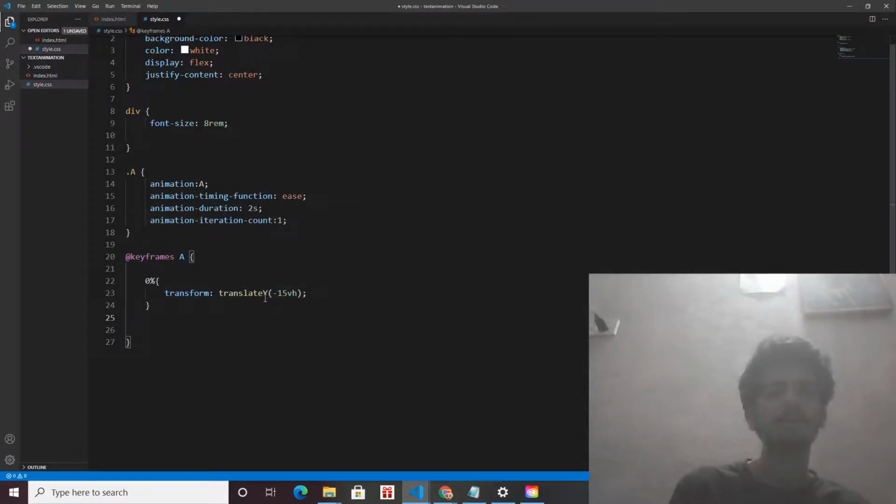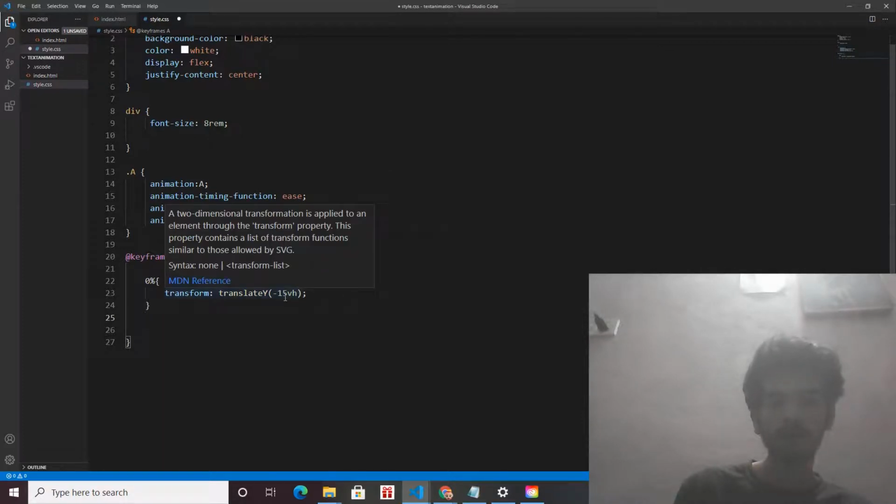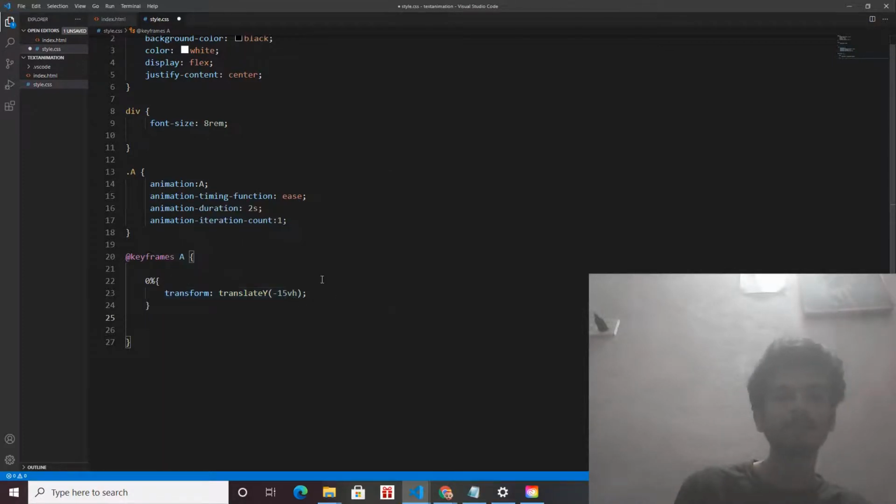What does translate mean? Translate by means the word goes beyond 15 view height. View height is a relative unit of the window screen size. So 15 view height means this. This is 15 view height. Translate Y means it is going to translate along the y axis, not the x axis.